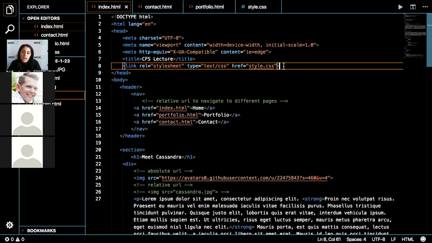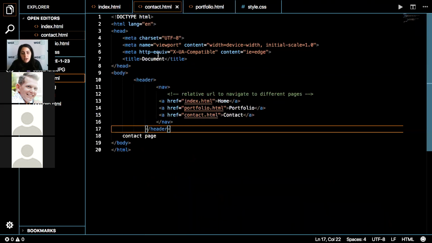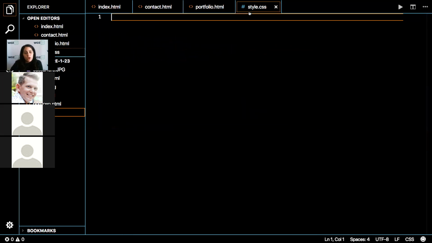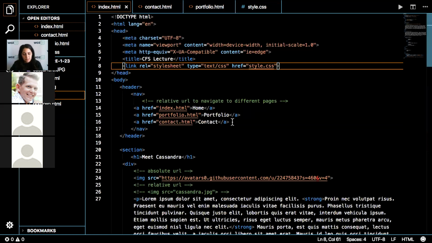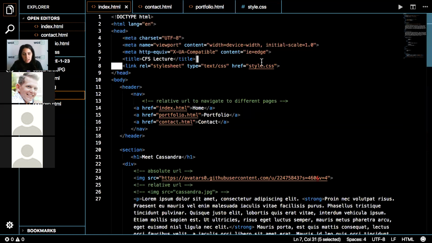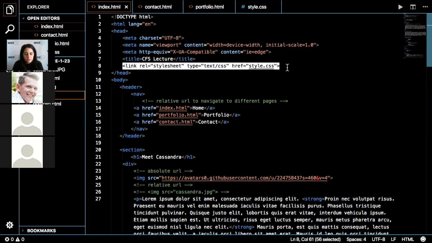Something I want to point out is that it's only linked to my index.html. Had I built out these full pages here, I would have to link them here as well if I wanted the styling to appear on these pages as well. If you want different styling for different pages, not sure why you would want to do that, but if you do, you can use different CSS files for the different HTML files. But normally, you would just have the one and connect all of them to that. Any questions on linking the CSS file? So you don't need a close tag for the link? No, the link is self-closing as well.